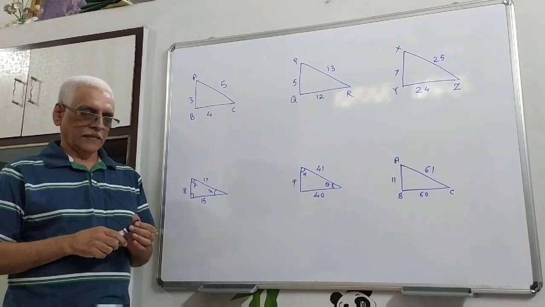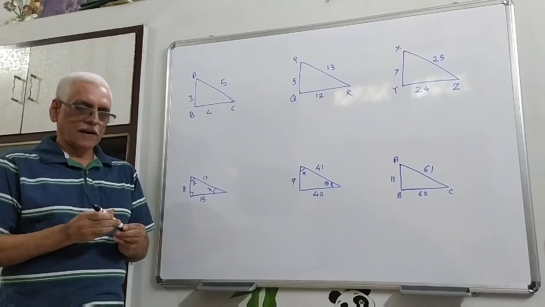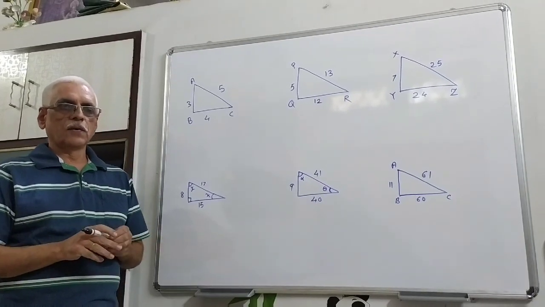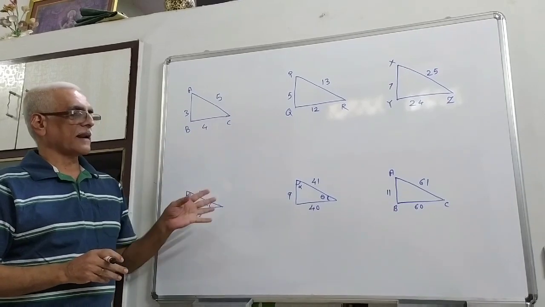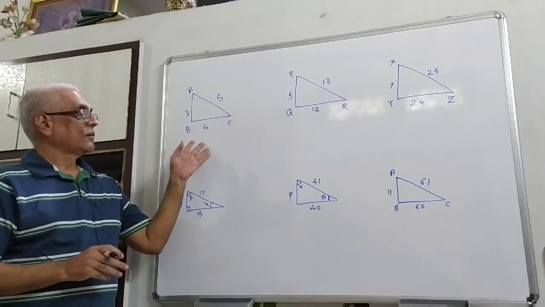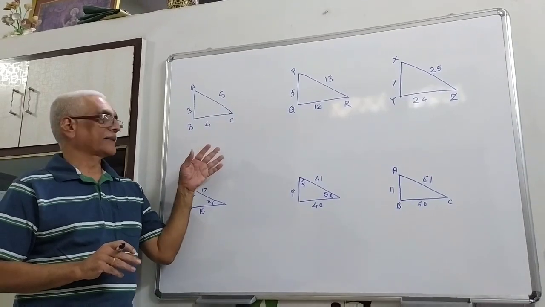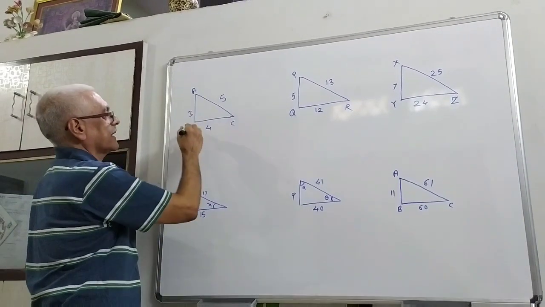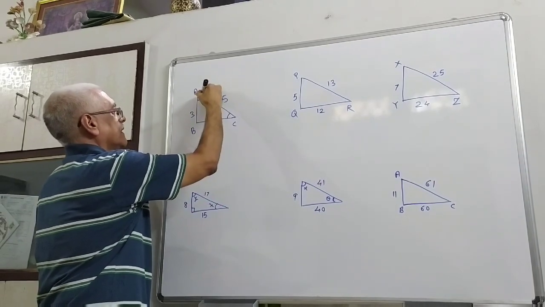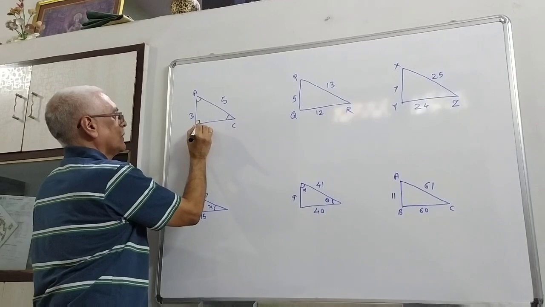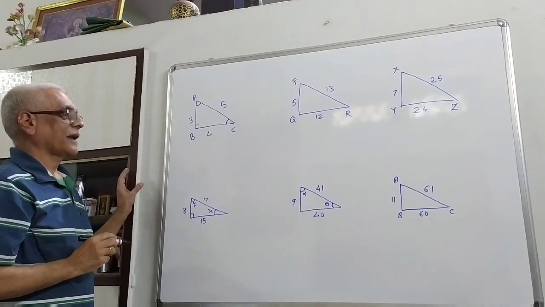It will be useful to them. Now, as far as 9th and 10th standard trigonometry is concerned, we are dealing with right angle triangles only. So I have drawn some right angle triangles and we are dealing with the relationship between angles and the sides. Here in right angle triangle ABC, C is an acute angle, A is an acute angle and B is a right angle. We are considering the trigonometric ratios of acute angles only.